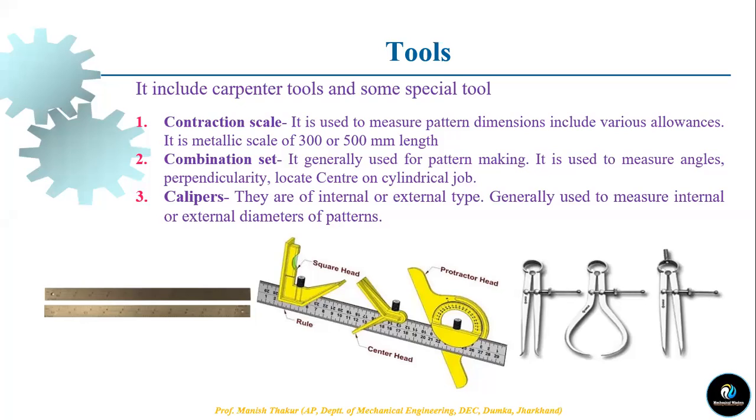Now I am going to discuss some tools which are used for manufacturing of the pattern. As well, we will discuss the molding process, how the sand mold is prepared, and the different types of sand. After this session, I will discuss in the next session the properties of the sand: what should be there in the sand so that we can achieve a good casting product. Is it clear? So now we are going to discuss some tools which are related to